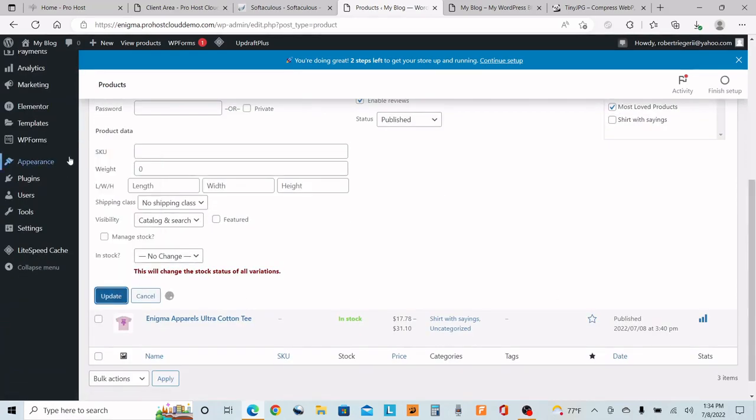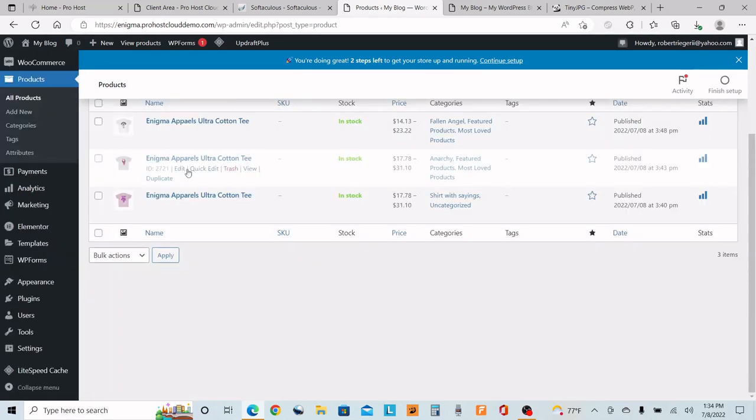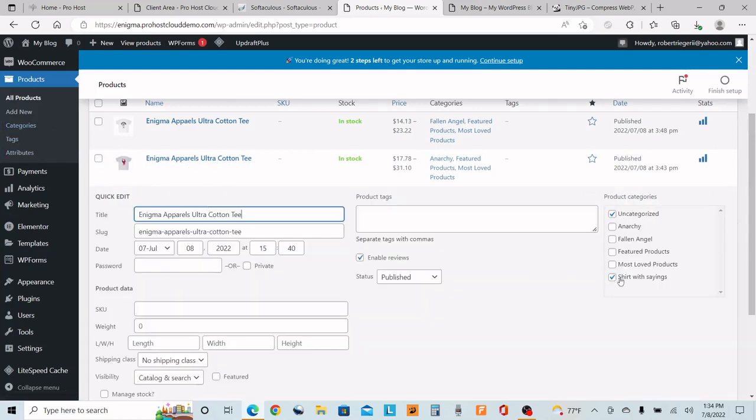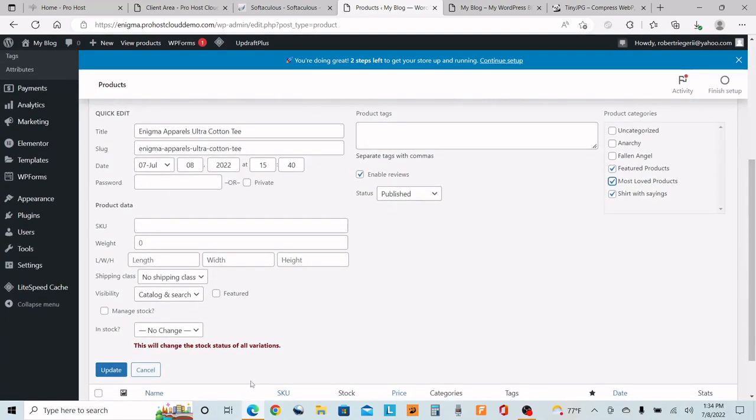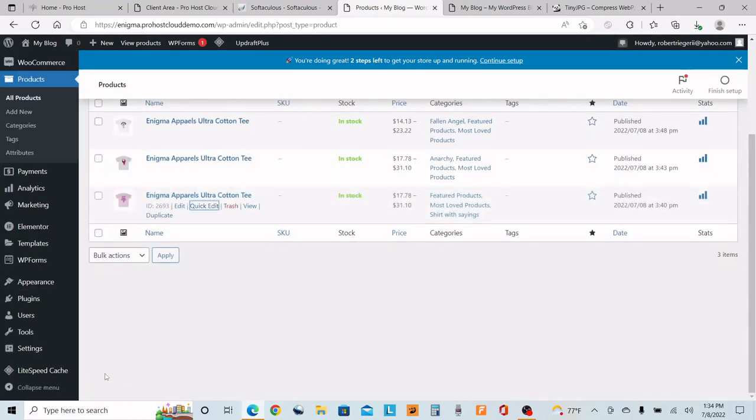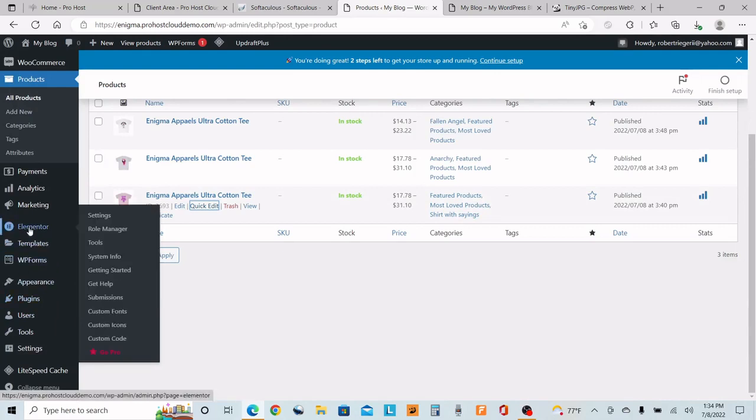And then finally, categorize only featured and most loved, and we are going to update. All right, so now that we have all our products in there,